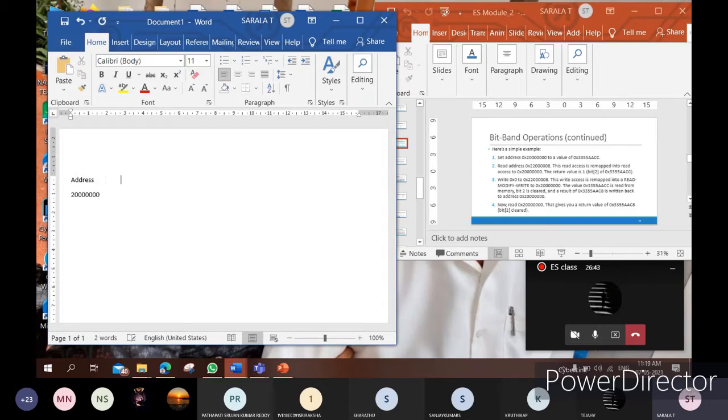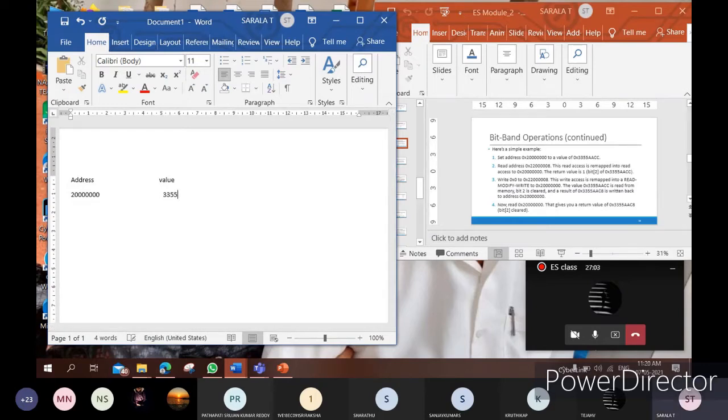Next, the value present in this address, what they have given is 3355 AA and CC. You can see this now.